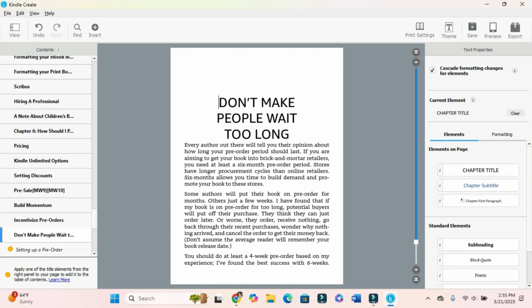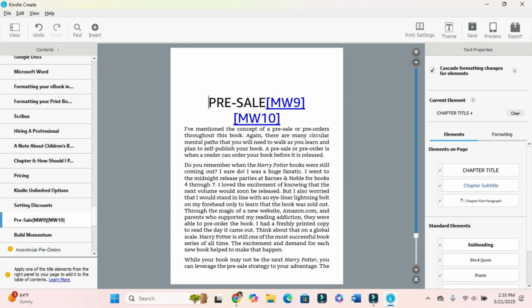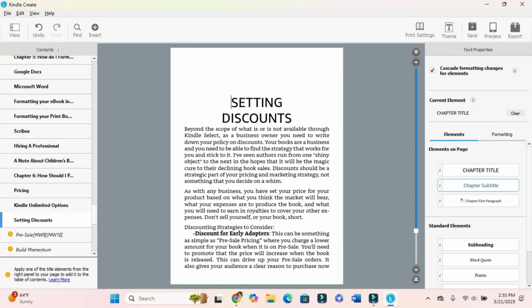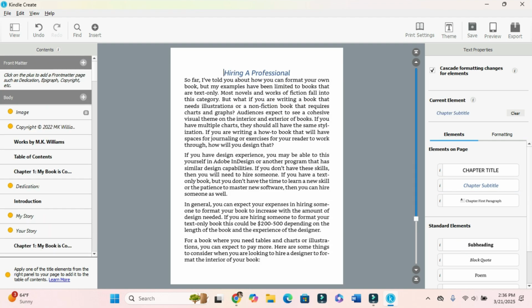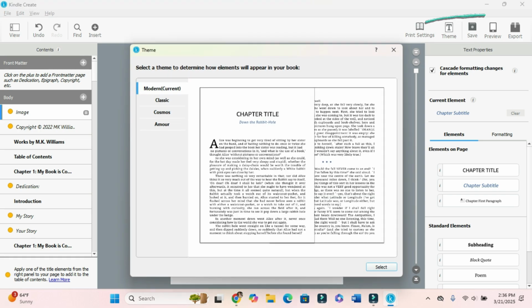Now I am planning some revisions, so as we go through, you'll see it'll have like a little note like MKW on there. Like, see here, I still have notes on my Word document. So if you have edits or comments left in your Word document that have not been resolved, your final draft isn't a final draft. You need to go in and do those if you see that. But again, this is for the sake of demonstration. I'm not actually going to publish this. So all of that is done. I like the way it looks. I'm happy with it. Now, one of the things I can do is I can change the theme up here on this top ribbon. Classic Cosmos.